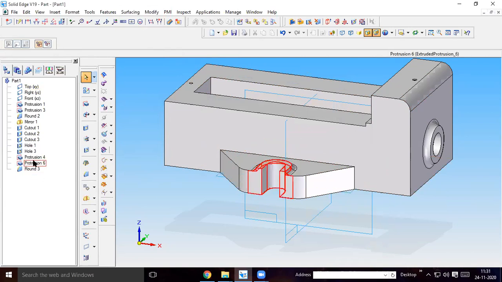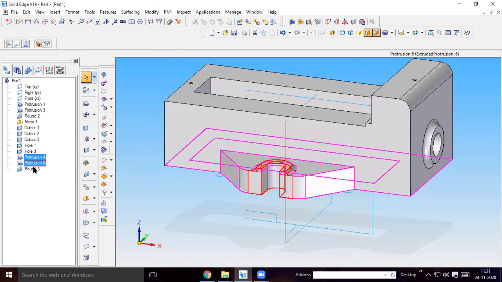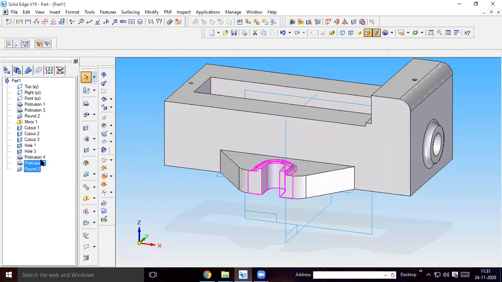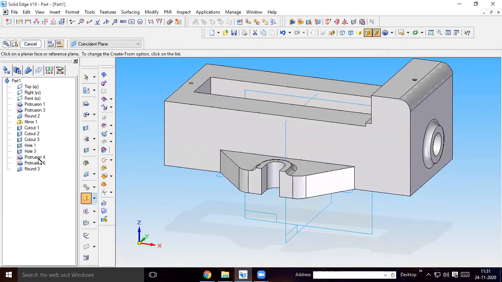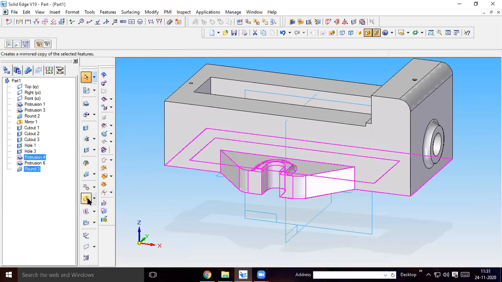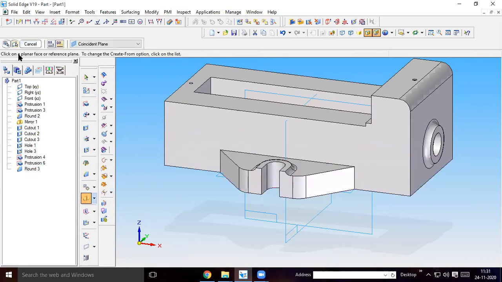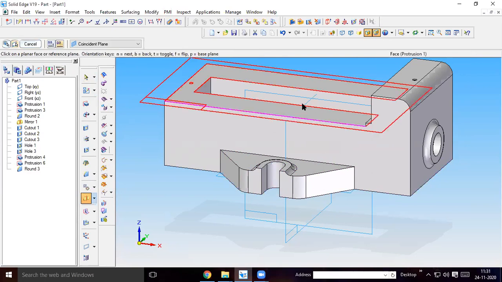Protrusion. Once you click this, first it is asking planar face or reference plane.